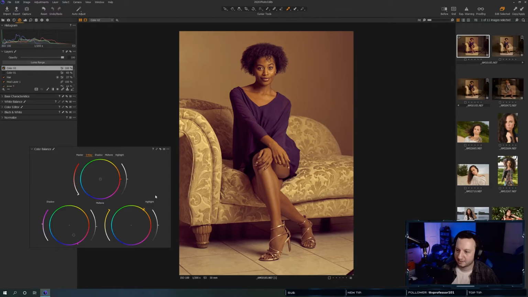A little pop of yellow in the highlights may not be a bad thing. Or maybe a little pop of green. Let's see. Obviously, we don't want it that saturated. I really love these color wheels. And then we'll brighten just a bit. And then the midtones we'll choose something a little bit.